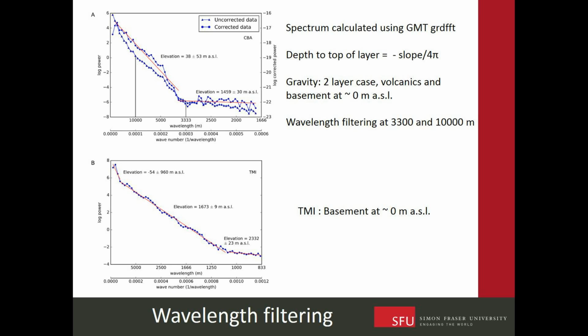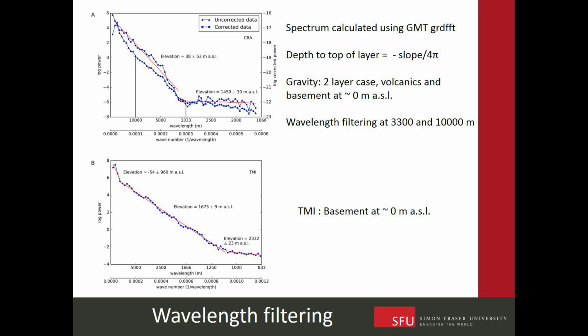at around sea level. And again, with the magnetics, we have this kind of interface at around sea level as well. The elevation of the volcanics here varies from about 1,000 or 1,500 to 2,200 meters above sea level. So there's potentially 1.5 or so kilometers worth of volcanic material above the basement.